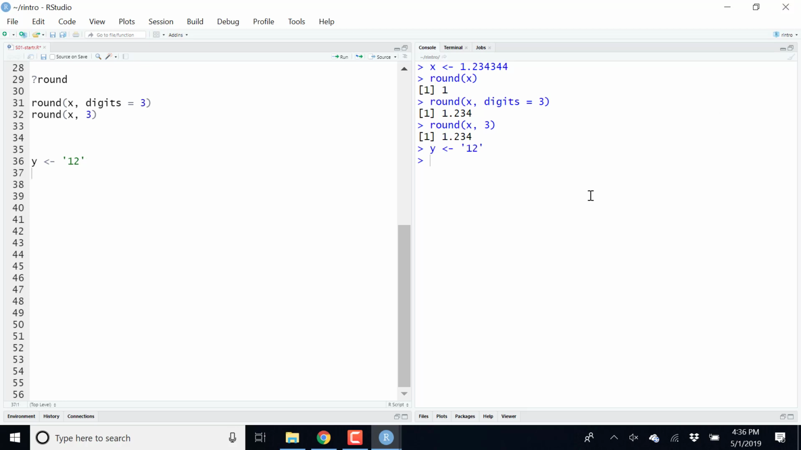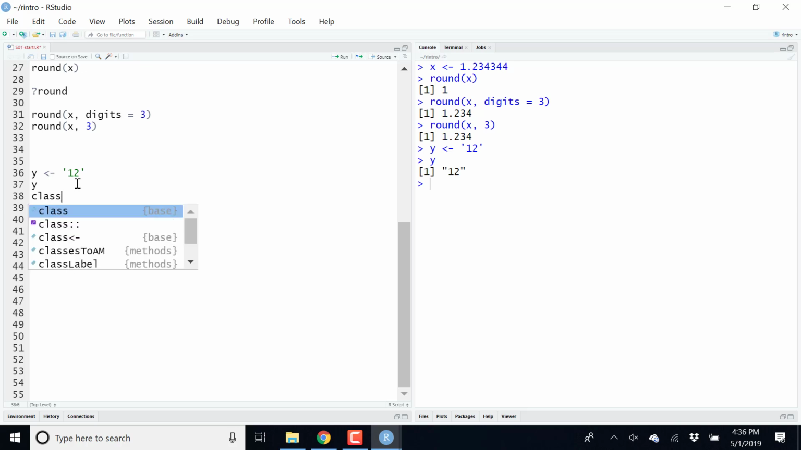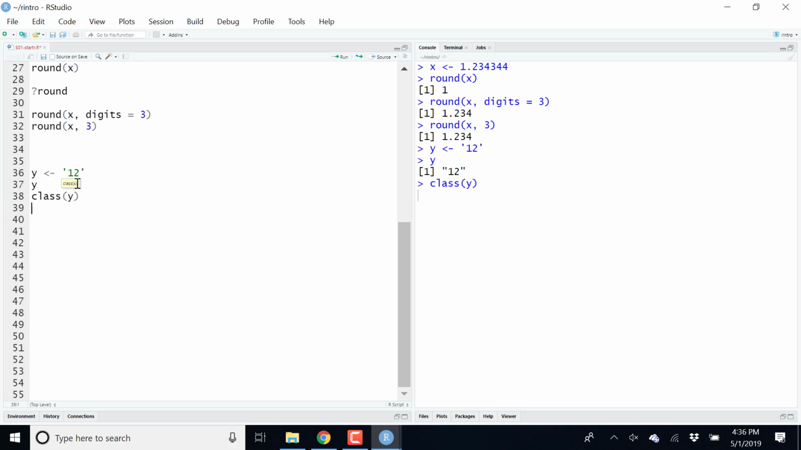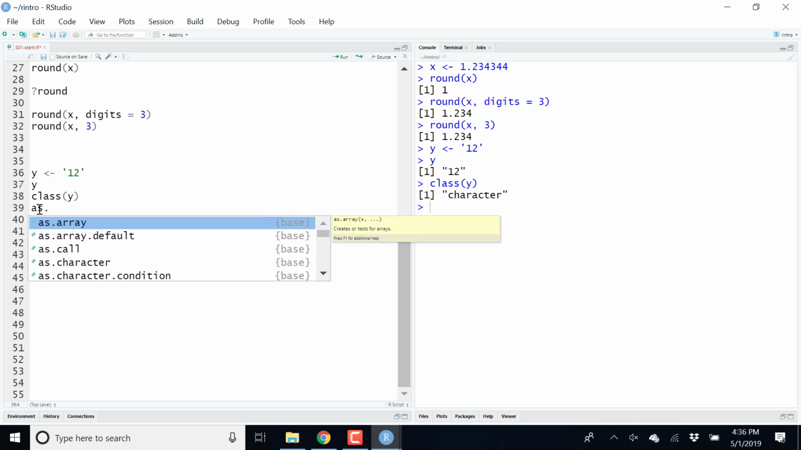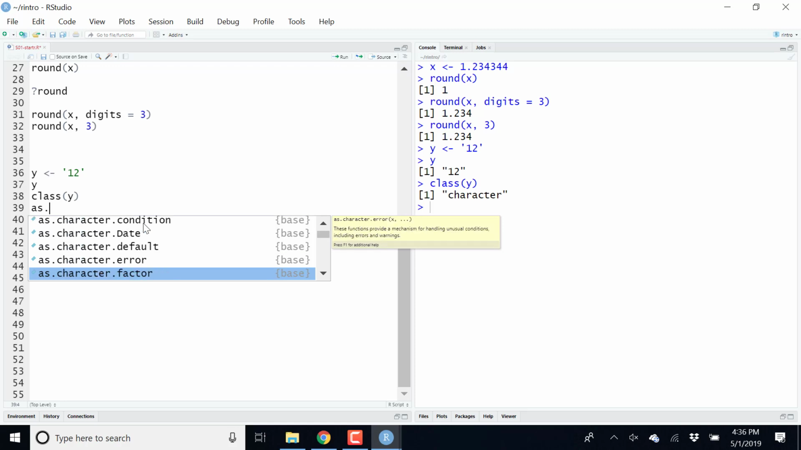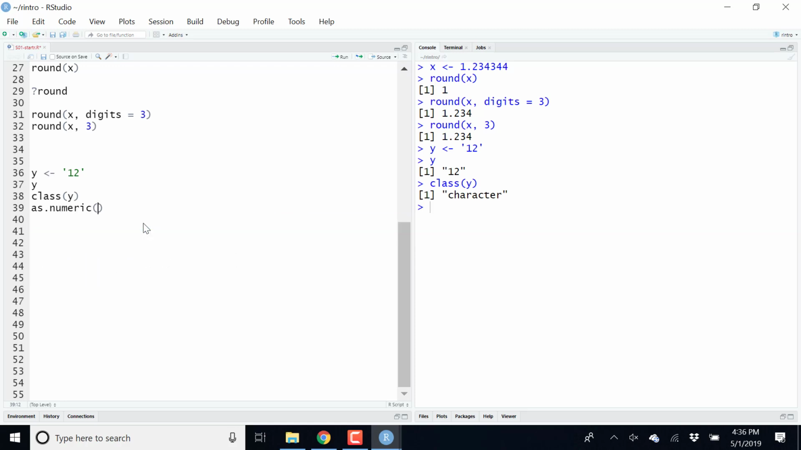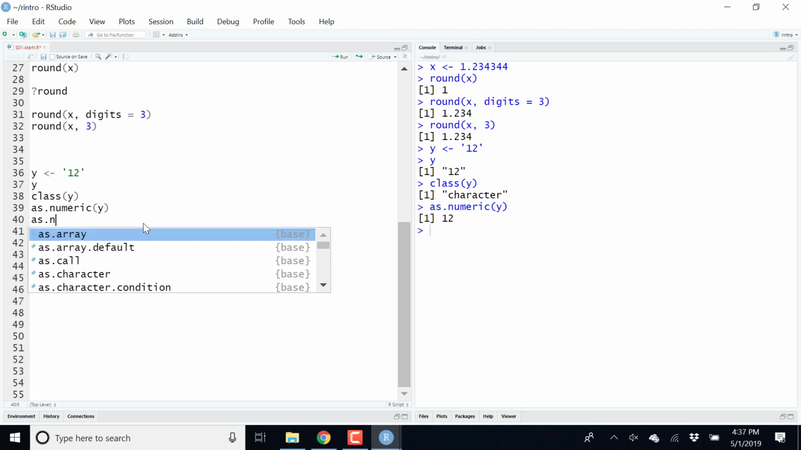Okay. So here we are. Y is, and we can even check this. Okay, it is a character. So there are a whole set of functions that start with as dot, and you see here as dot lots of things, but the one I'm interested in is as dot numeric y. And this basically tells R, take y, and whatever you have in it, force it to be a number. Now it happens that this was the character 12, that looks very much like a number. But if I try to say as numeric,